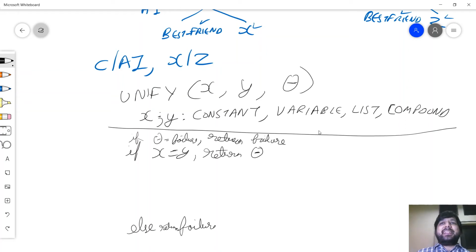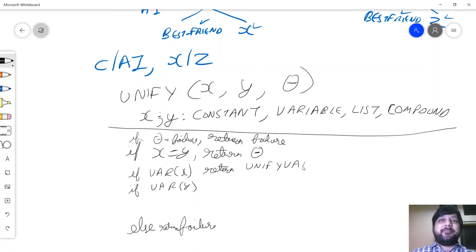So let's handle the next best case, which is a variable. So either x can be a variable or y can be a variable. If x is a variable and if y is a variable, in both cases what I do is I give the duty to another function which I'll write separately, unify variable.